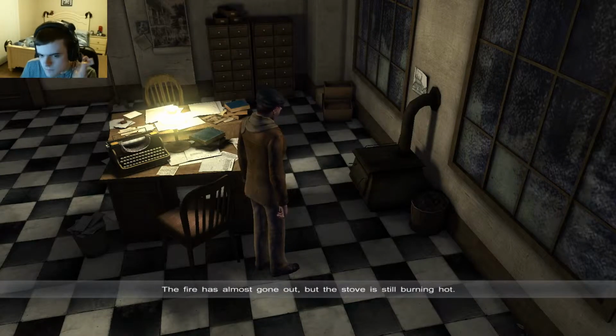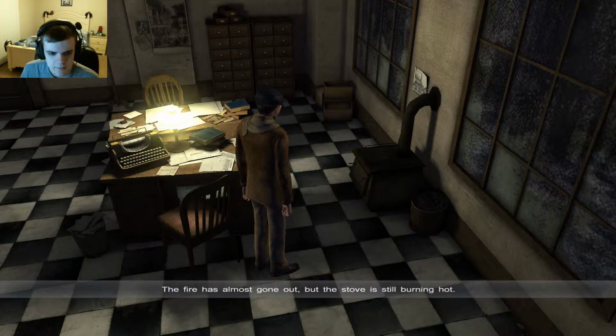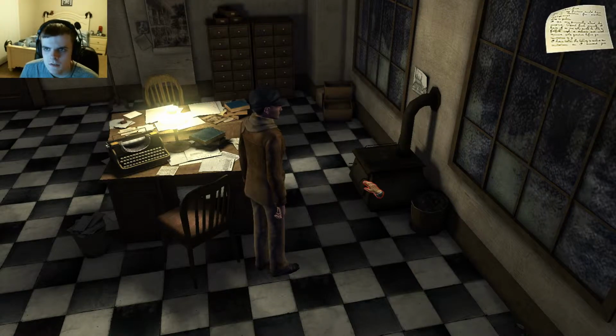The fire has almost gone out, but the stove is still burning hot. Bulling recently used the stove. Means he's burned something. Maybe I can use the cloth to...